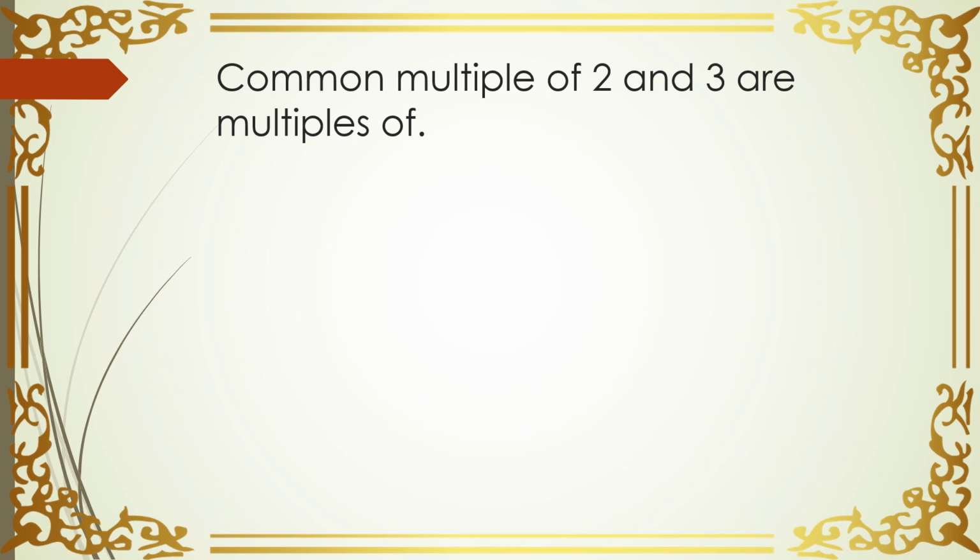Common multiples of 2 and 3 are multiples of what? Okay, that is a very simple one. If you remember the last question where we used this actually. Option number 1 is 9. Option number 2 is 6. Option number 3 is 13. Option number 4 is 7. Okay, so what does the question say? Again, I'll repeat. Common multiples of 2 and 3 are multiples of what? Which multiples are used in the test of divisibility of both 2 and 3?